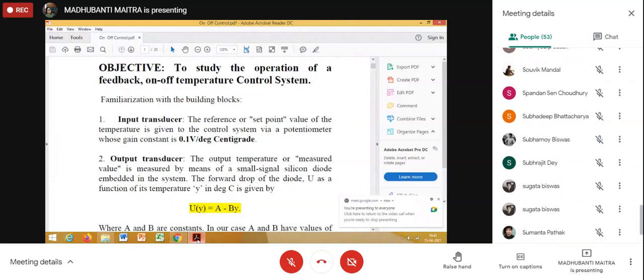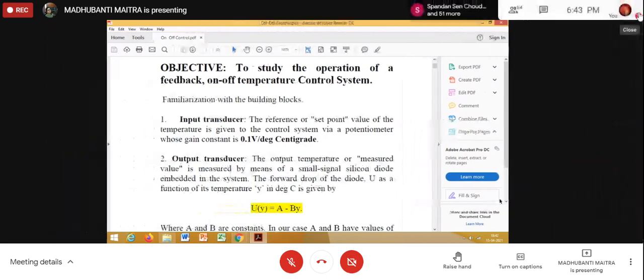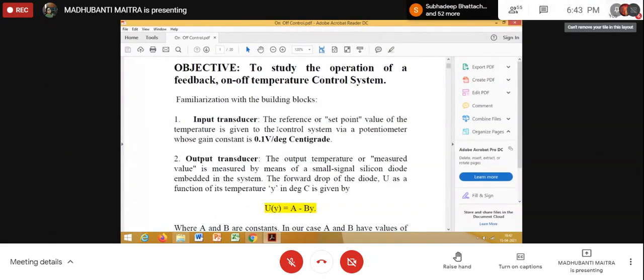Input transducer. So the reference or set point value of the temperature is given to the control system via a potentiometer whose gain constant is 0.1 volt per degree centigrade. That means it's a temperature control system. So naturally, a feedback temperature control system. So it's quite natural that the input to the system should be a reference temperature, which we call the set point value. Like, say, if we want to control the temperature of a particular room, and